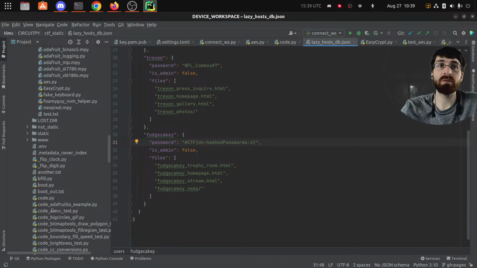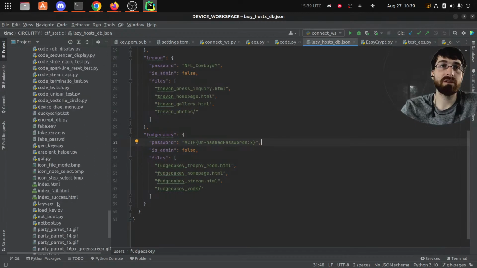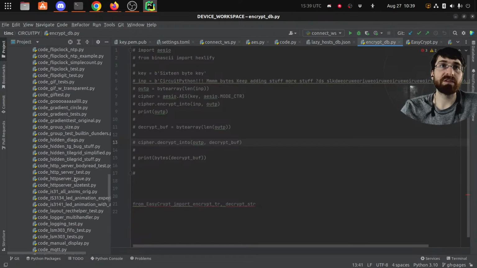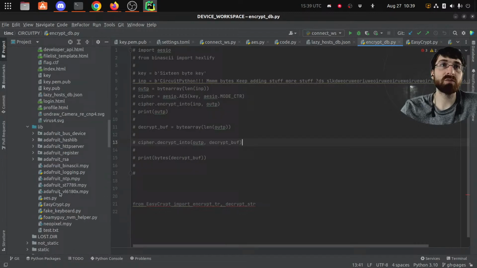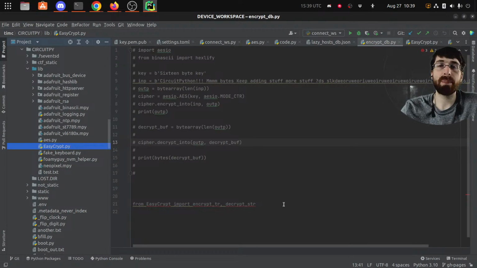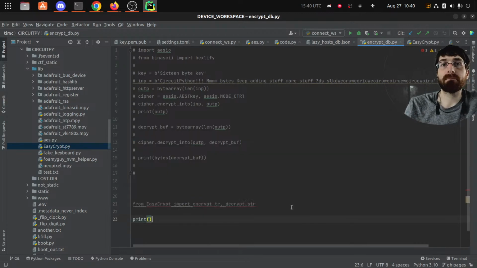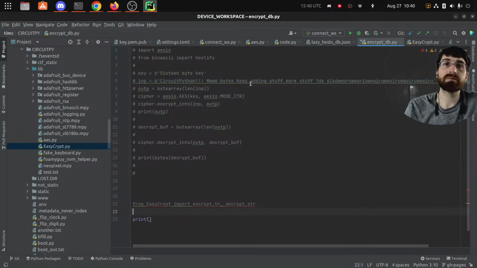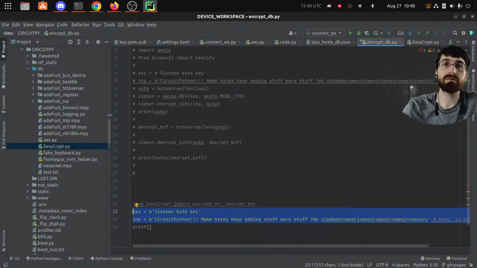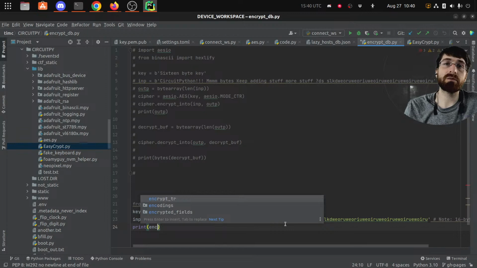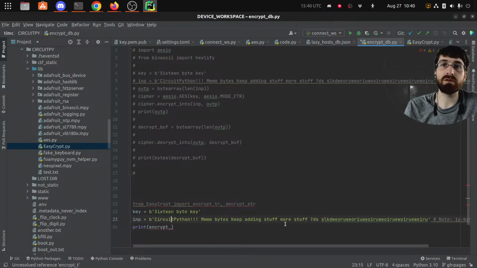That's the other problem, I guess, or the other question. I mean, I guess I could paste that in the root. I could take these ones still. But we can just print encrypt string,